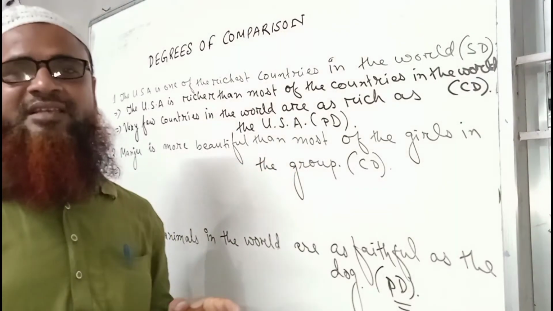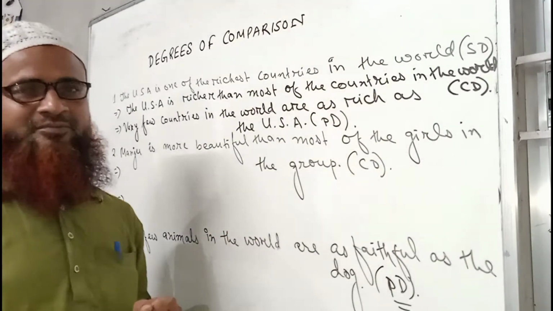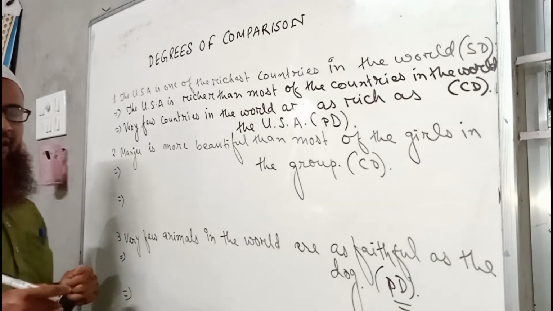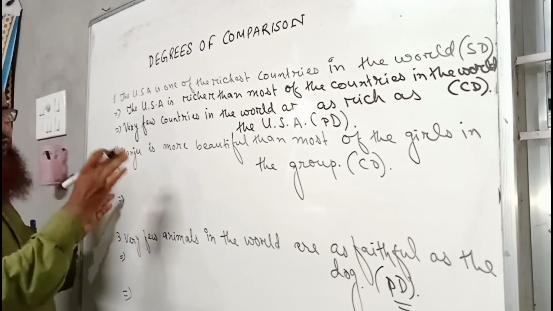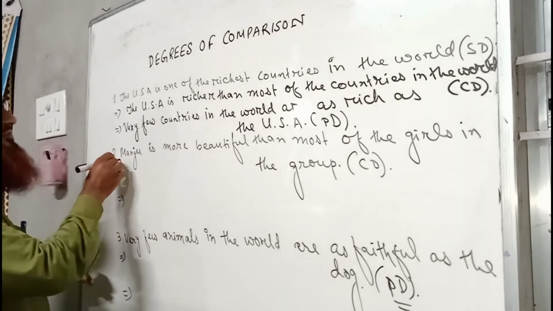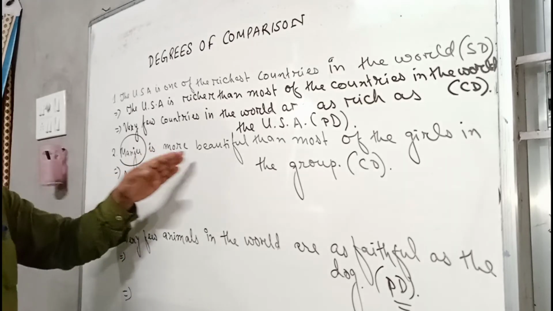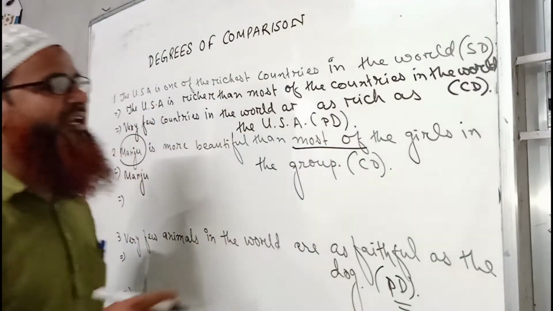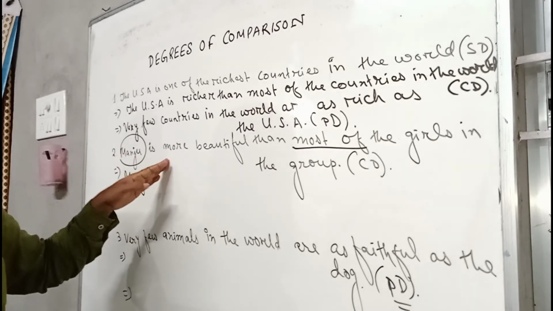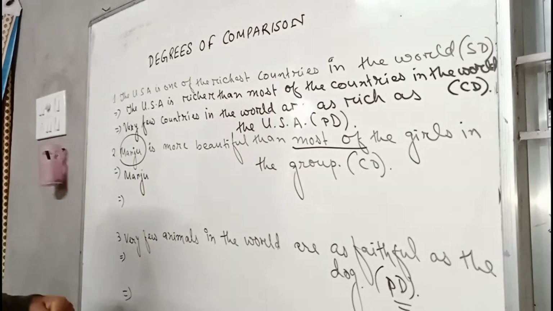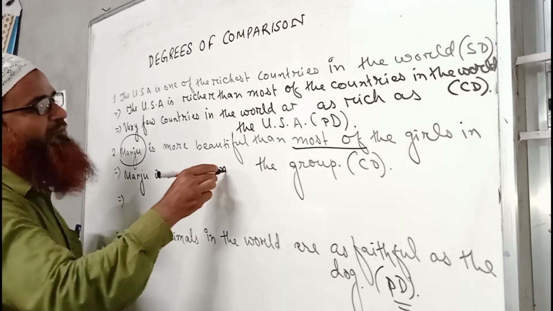Now I am coming to the second sentence where Manju is more beautiful than most of the girls in the group. That means there are some other beautiful girls in the class or in the group. Manju is not the most beautiful, one of the most beautiful. So we can write it in superlative degree, and in superlative degree we have to start with the same subject, Manju. So that is why we have to write here is more than most of the girls, not than any other girl. That is why we have to write that Manju is one of the most